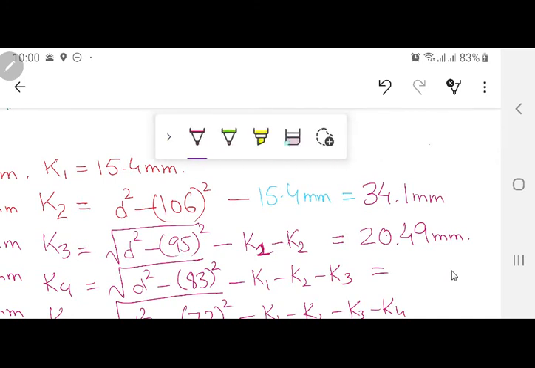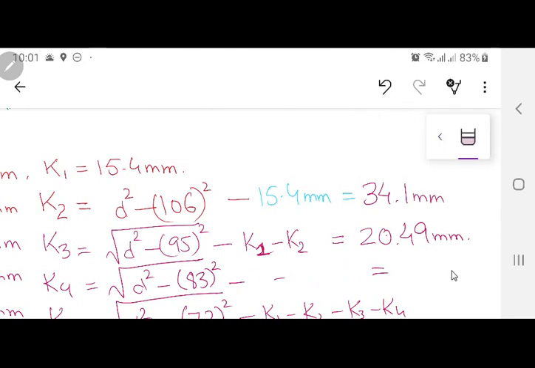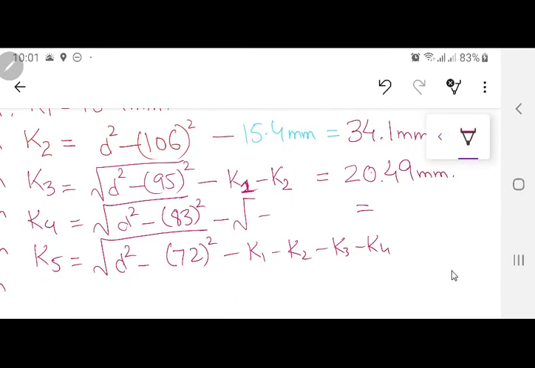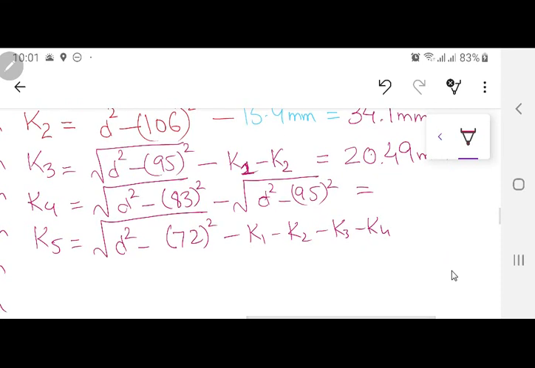One way of doing this is also this: instead of writing this whole formula like this, K2 and K3, one way is also that you can just write over here d square minus 95 square, उसमें वो दोनों चीजें आ जाएंगी ऑटोमेटिकली। जी प्लीज गिव मी द वैल्यूज K4, K5, K6, K7, K8, K9।